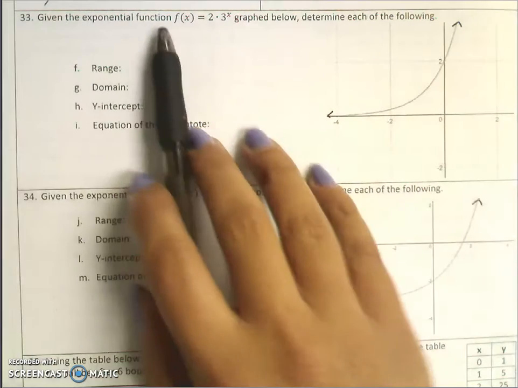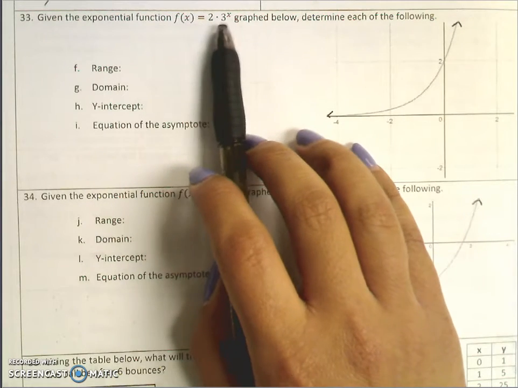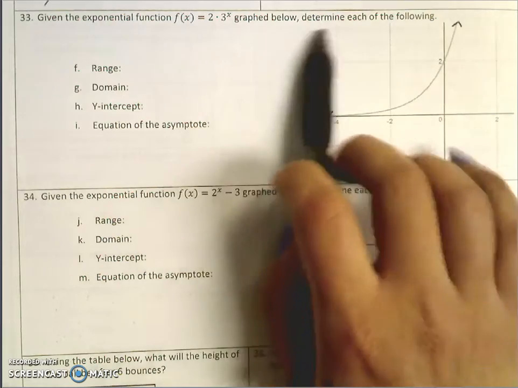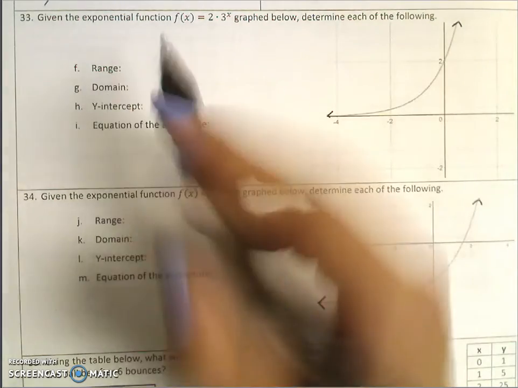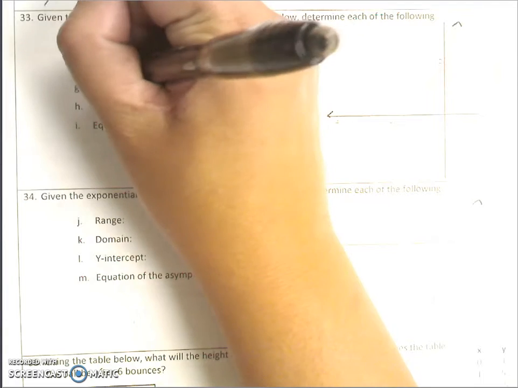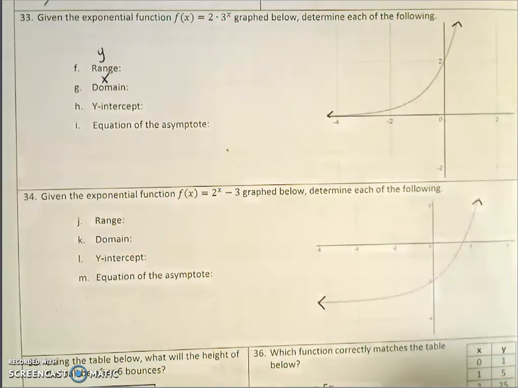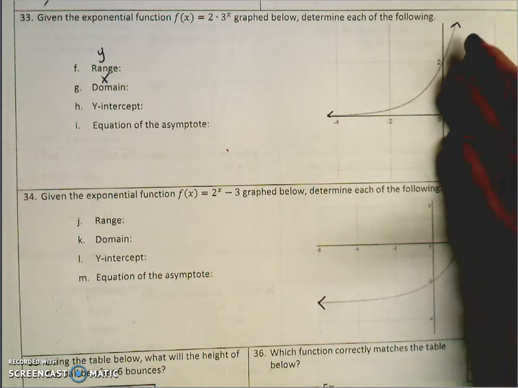33. Given the exponential function f of x equals 2 times 3 raised to the x power, graphed below, determine each of the following. Okay? So, range, remember range is your y values and domain is your x values. So remember when we're trying to find domain and range, we're basically trying to put this lovely graph into a